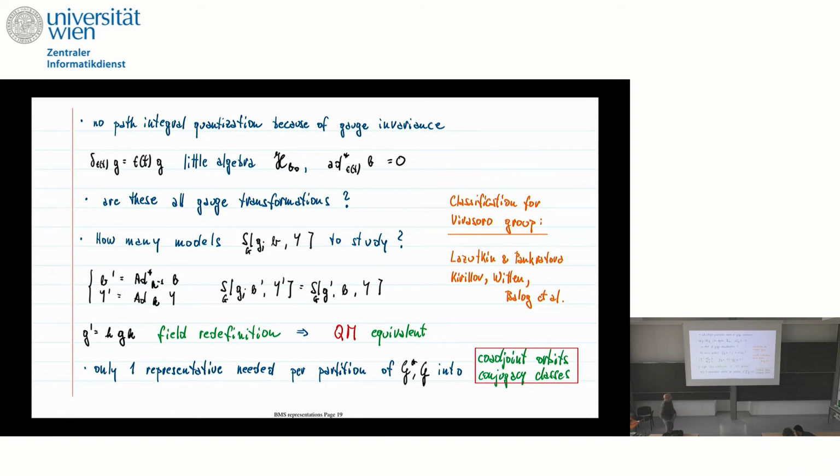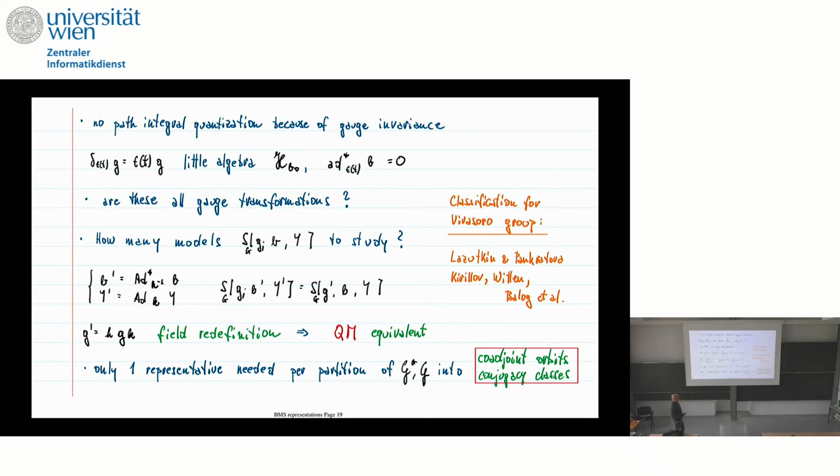Here. Okay, so in that sense, now you begin already to see that in order not to do an overstudy, you should classify the co-adjoint orbits and only study this model for each co-adjoint orbit. And for interesting groups, the classification of the co-adjoint orbits of a group, for instance, of the Virasoro group, is a famous problem, and it has been done by Russian mathematicians, of course by Kirillov.